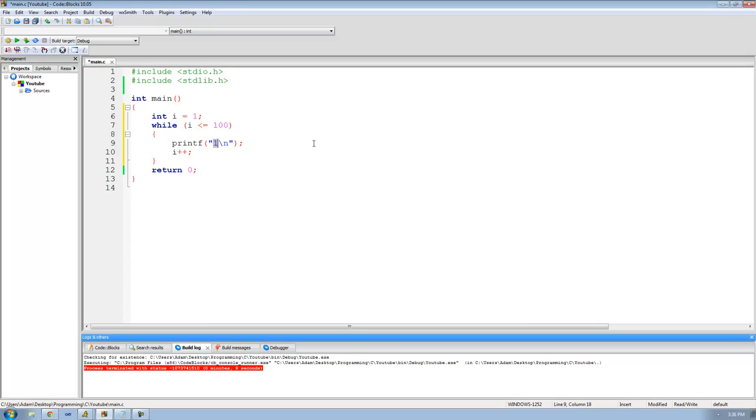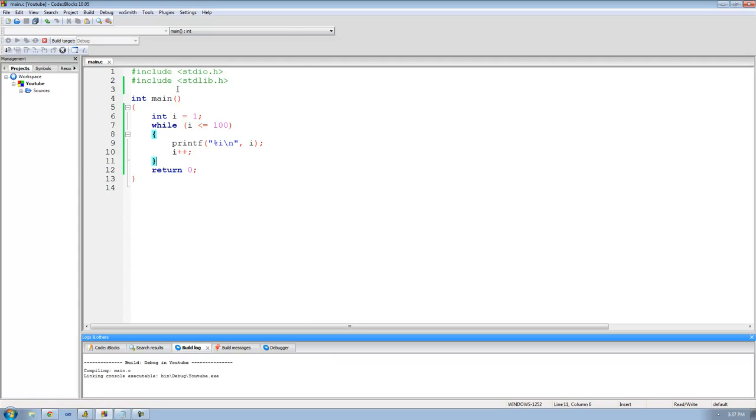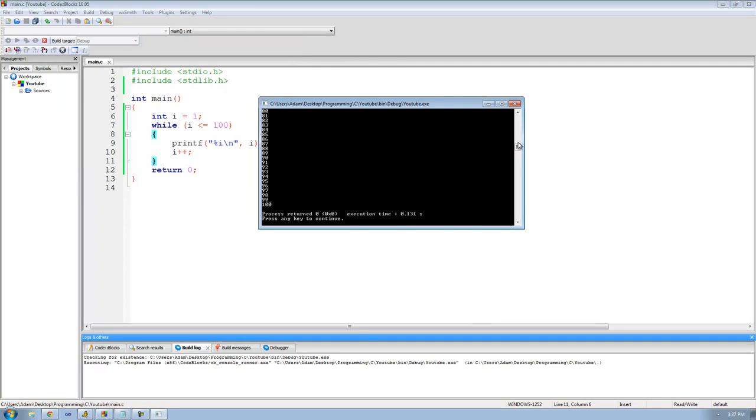Well, we want it to print out 1 through 100. So what we can have it do is print out the value of i. So right here we're going to do modulus or %d, and we want it to replace this %d with the value of our integer variable called i. So I'm going to put i right there. Now let's run this and make sure that it works. And as you can see onto our screen right here, we simply got 1 through